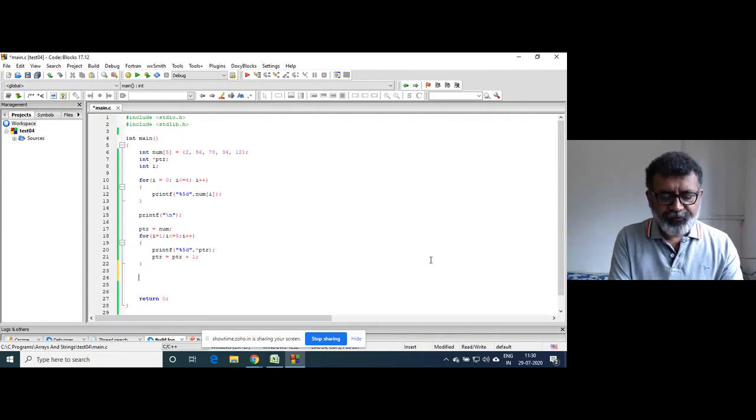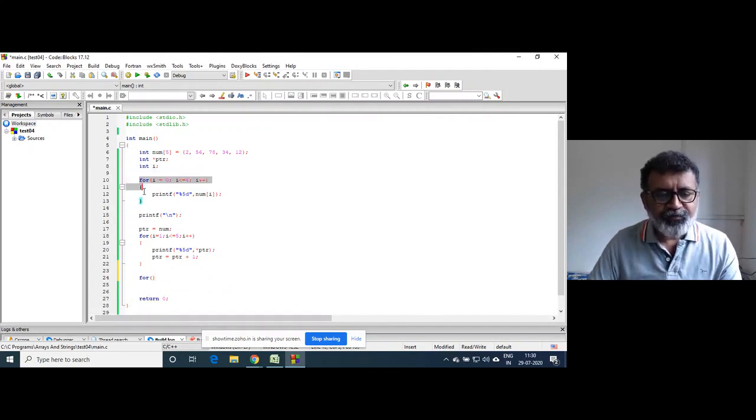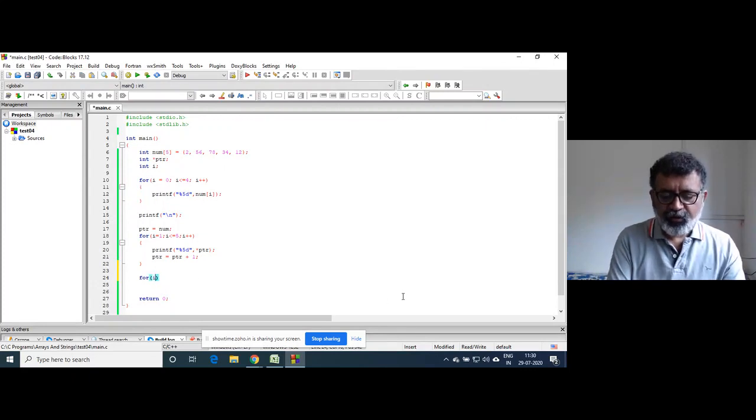When you write this code, I mean the basic code, right? I will show you how the compiler executes the program internally.